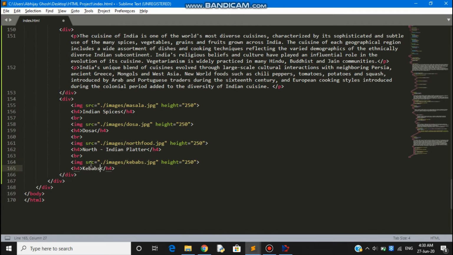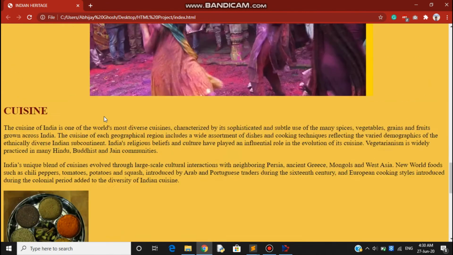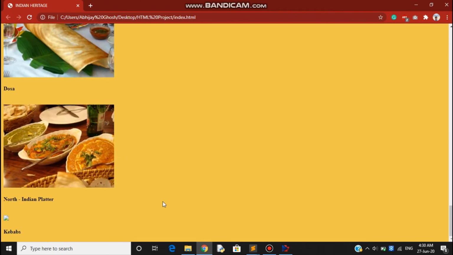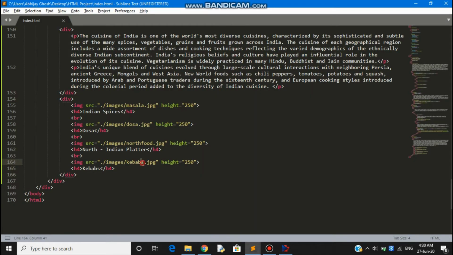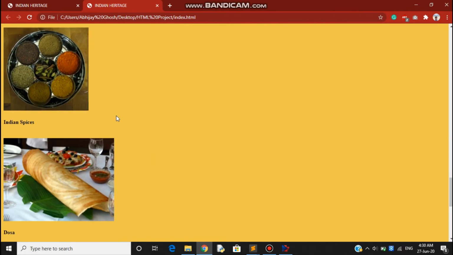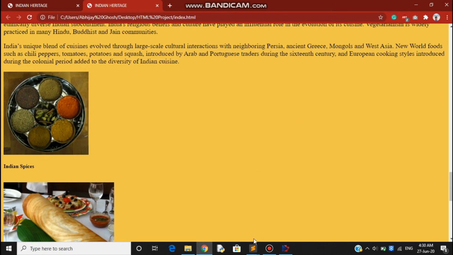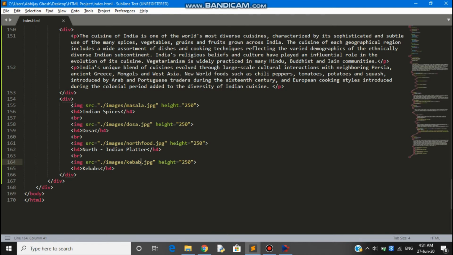Now for the fourth image, we give a suitable description to it, and now check the updates on the page. Let us scroll down and see. This is good, but there's one small typo error. Okay, fine. Kebab, fixed it. Yeah, all the images are appearing, but this doesn't look good.